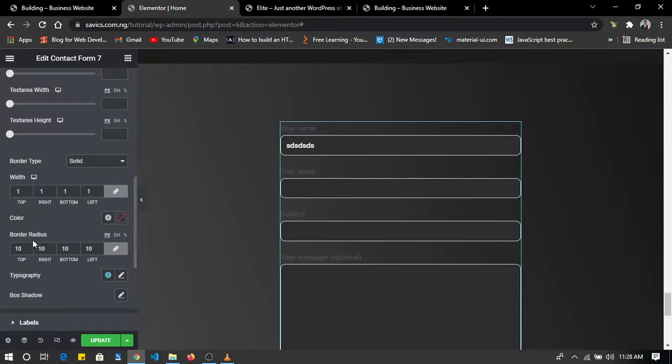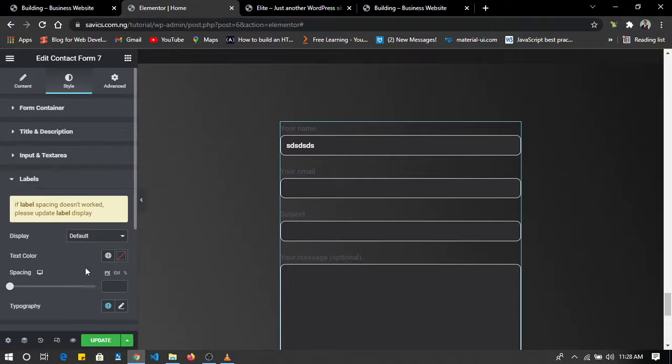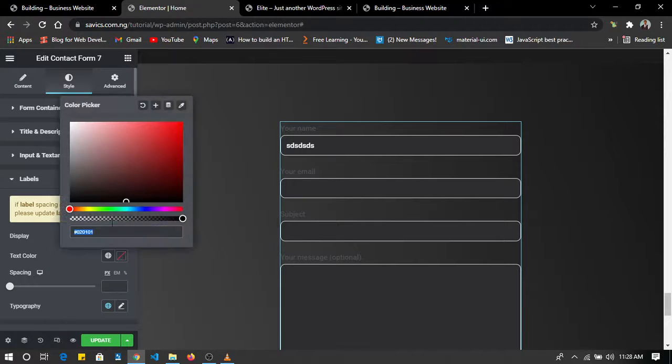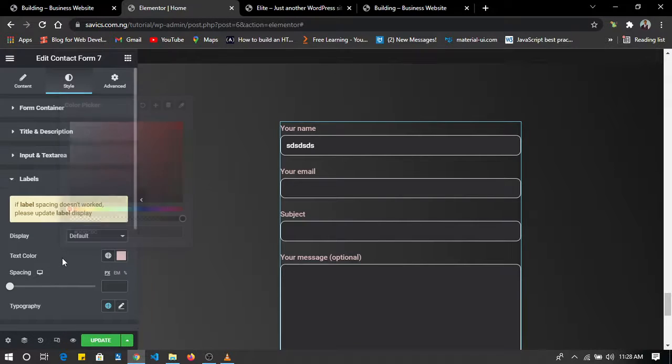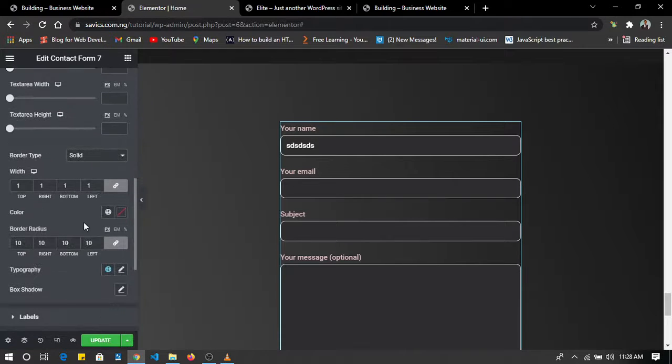All right, now our label, I don't think we need label. Yeah, I don't think we need label, but at the moment I'm going to leave it. So let's give our label a color. Okay, let's give it something like this. Something like this should be okay. Now come back to the text area. All right,